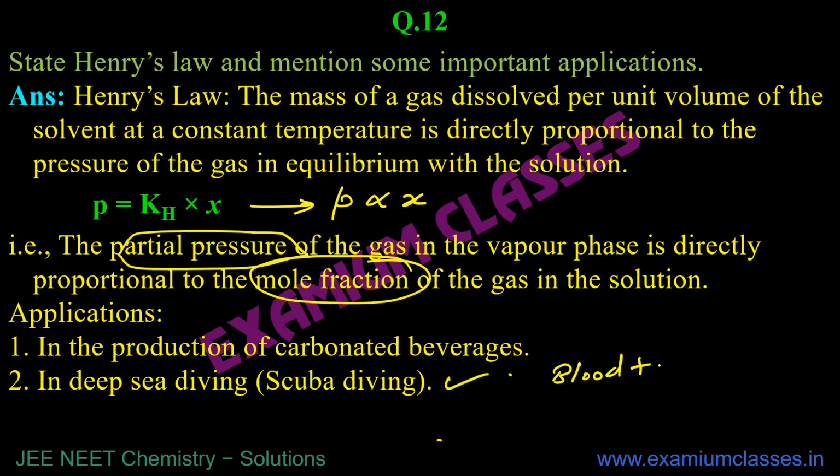Blood plus nitrogen is a dangerous condition, because when nitrogen comes out of the blood very rapidly, first it is dissolved in the blood, and then it is not in the form of bubbles, but when it comes out in the form of fizz, what you see in Coke and Pepsi, and that fizz causes problems in the bloodstream, it can be life-threatening. So what is done is, along with nitrogen, there is some helium also mixed.